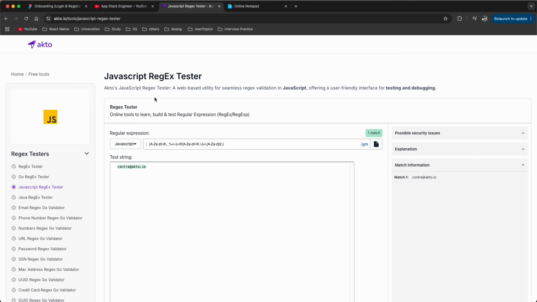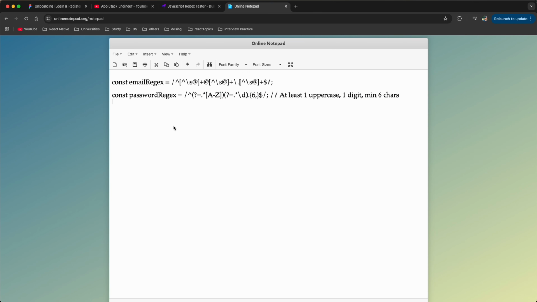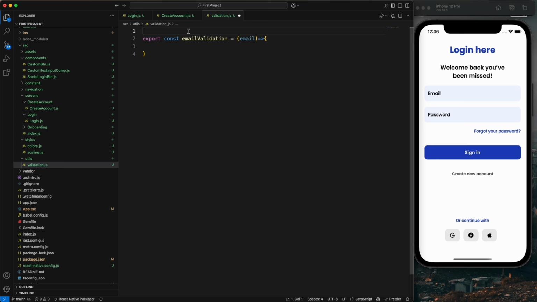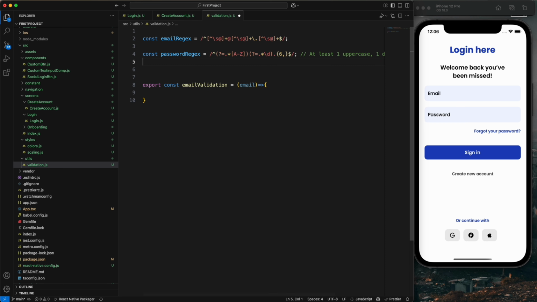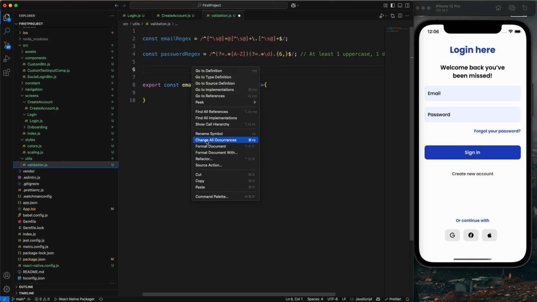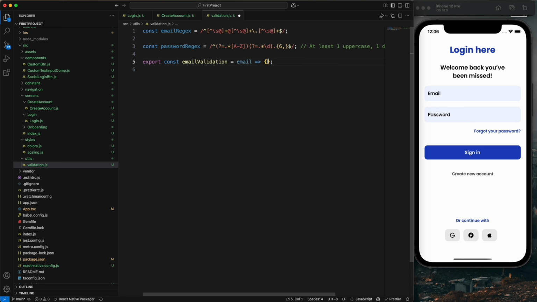So I already defined the regex for my email and password, and this is my notepad. Just copy both and come here and paste it at the top. So this is my regex, you can see. And now I'm going to